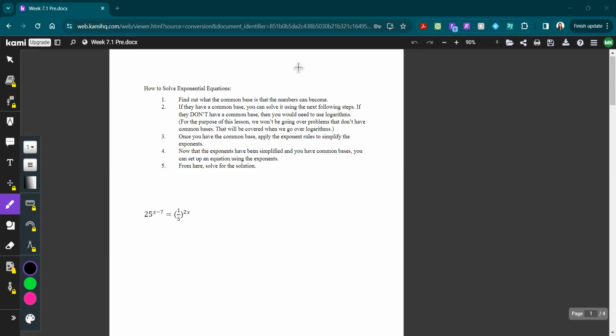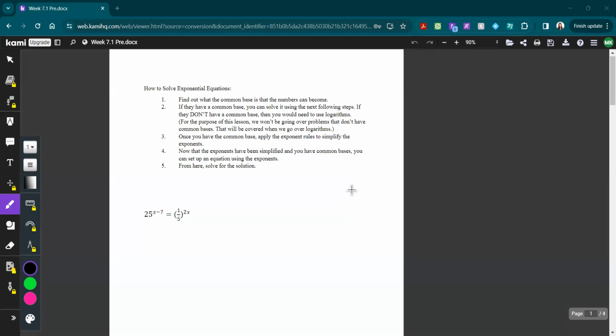All right. So first thing, this one is pretty important because a lot of students get stumped when they see these kinds of questions. So here are some steps to help you solve exponential equations. First, you want to find out what common base the numbers can become. Number two, if they have a common base, great. Use steps 3, 4, and 5 to solve for x or whatever letter they gave,